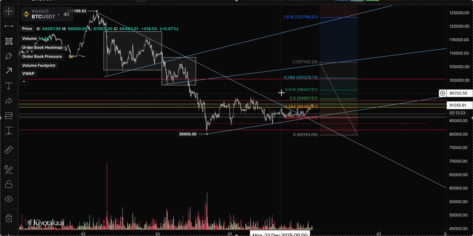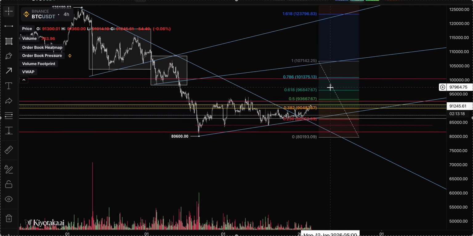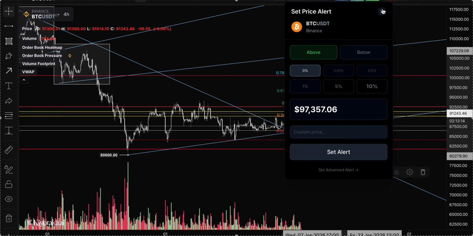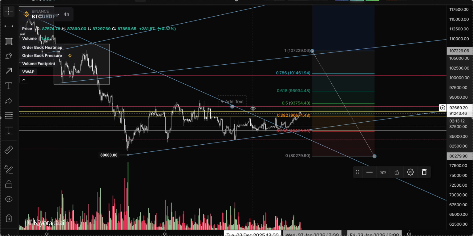We have the golden ratio here, 0.618, which is the main point of interest. But an extension to the 0.786 is not out of the question, especially because we have 100K here, which is very attractive. Okay, we're monkeys, we like round numbers, so